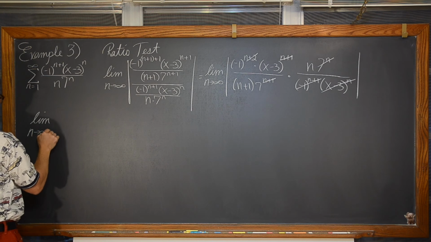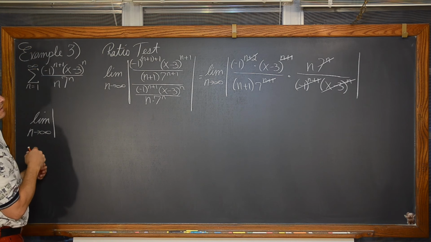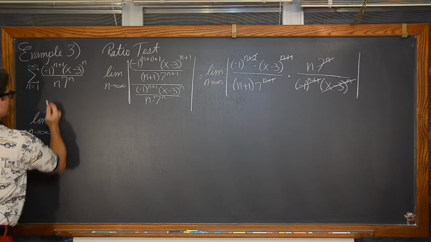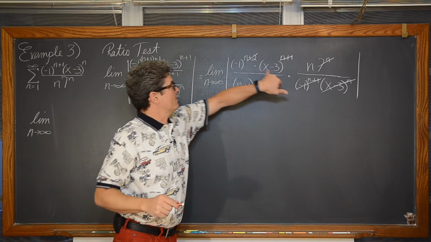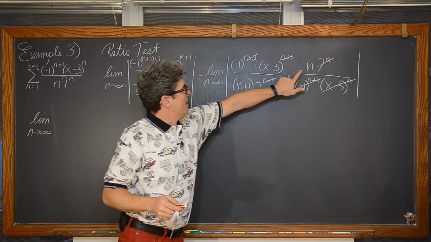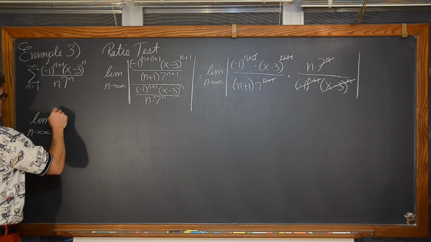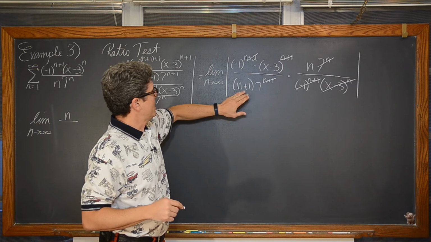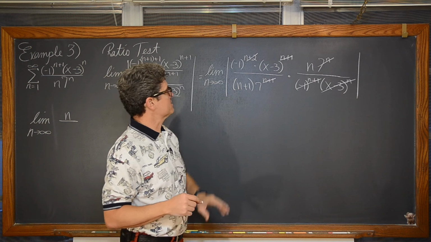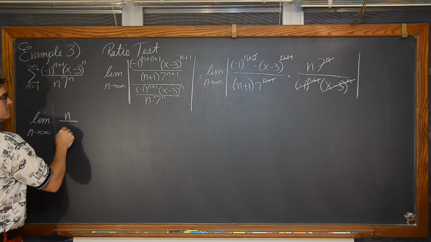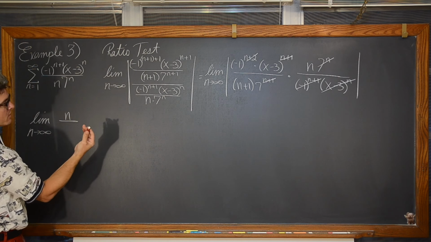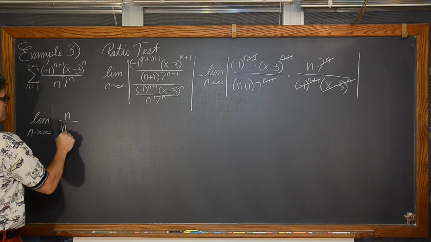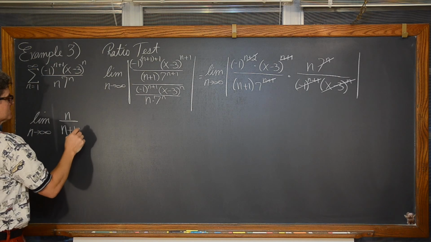as n approaches infinity of the absolute value of, well, actually, let's do this. Let's take out all those n's because they're going to be positive. The absolute value, again, is going to take care of that factor of -1. We have an n, so the limit as n approaches infinity of n over, that's this one right here, in the denominator, we have a factor of n plus 1. And we can bring that 7 out as well if we want, or we can leave it inside the absolute value. I think I'm going to leave it inside the absolute value. Note that the absolute value of 7 is just going to be 7.